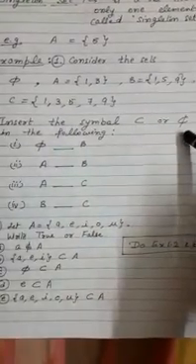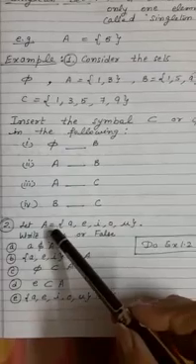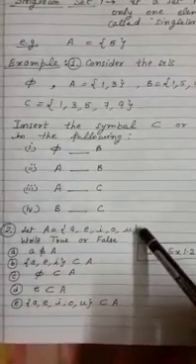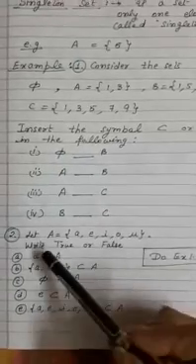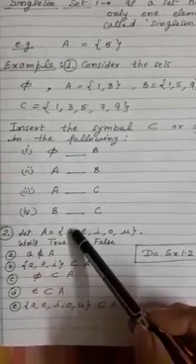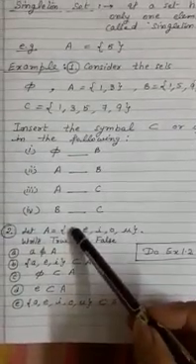Subset, not a subset. Now, in the next example, what I have written, set A has 5 elements A, E, I, O, U. We have to find out whether it is true or false. A does not belong to A. Is A not an element? This is wrong, so it is false because A is an element here.